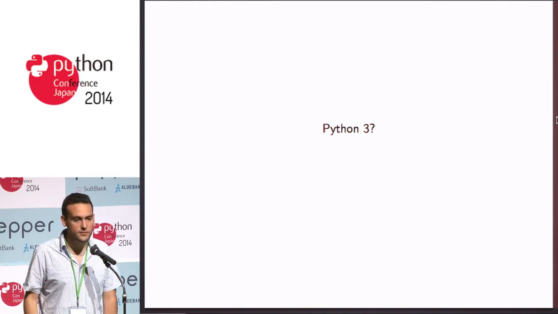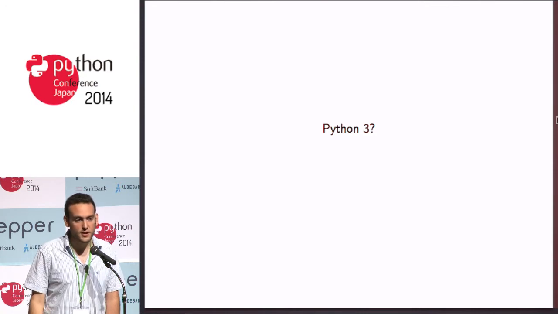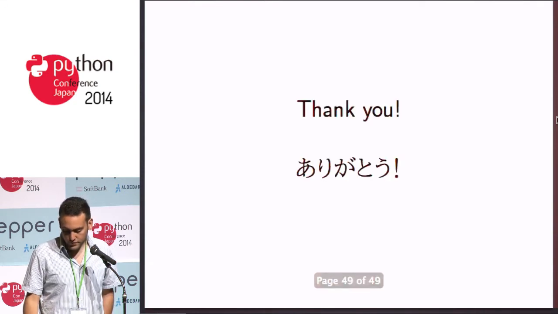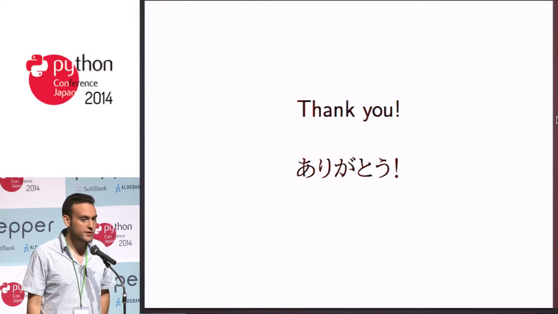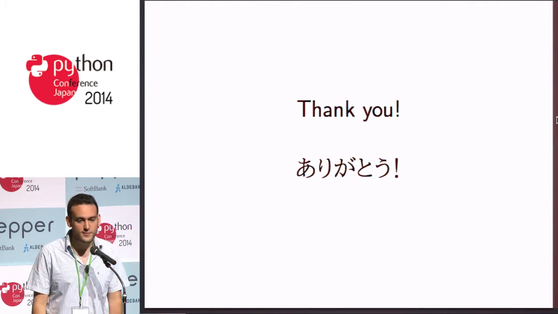Also, we had a keynote yesterday that talked about Python 3, so you may be wondering about Python 3 support. As far as I checked, we use Python 2, but Pylint, which is the tool that we use for automatic error checking, supports Python 3. So go ahead and try it out if your project is in Python 3. That's basically it. If you have any questions, including questions about how to put hiragana in the LaTeX presentation, then